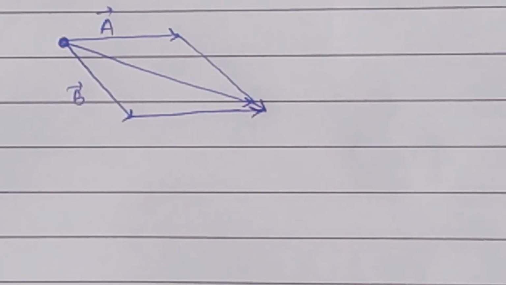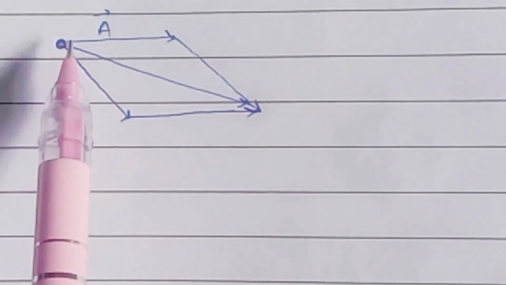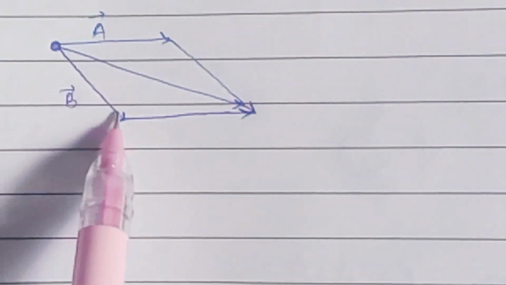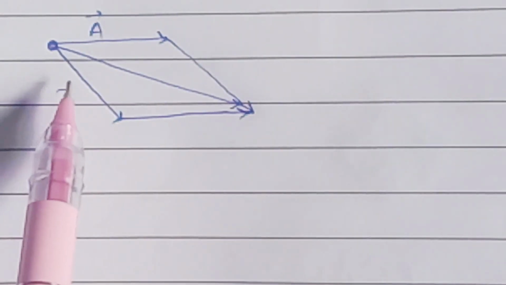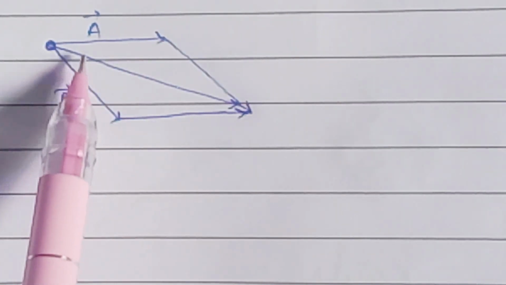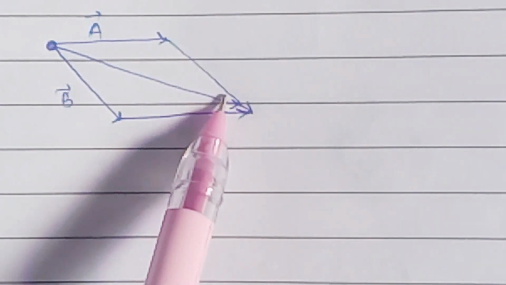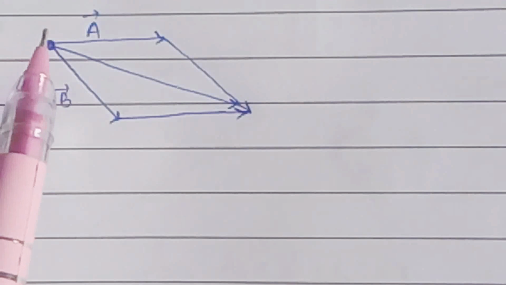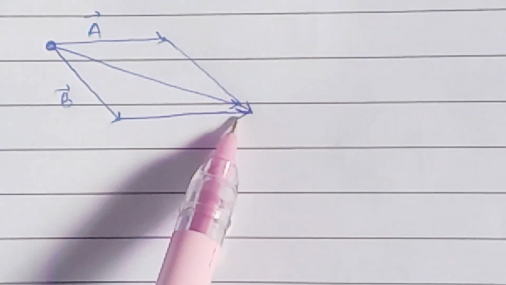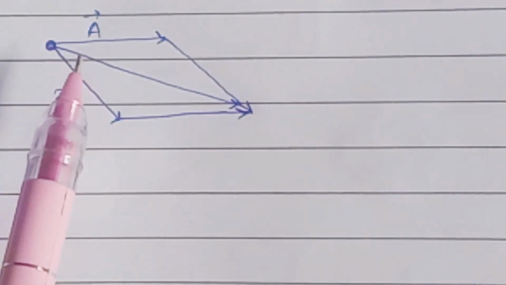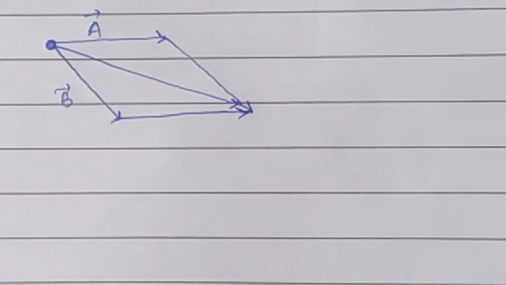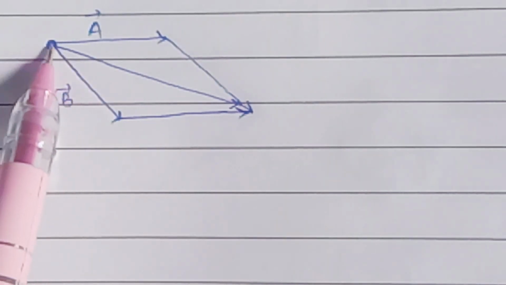Similarly, you can see for this question the origin is this. You have to add a vector and b vector, then you have to draw a vector which is parallel to a vector, and a vector which is parallel to b vector, and the resultant vector will be from the origin to the final position. It's the same, but you can see the direction can change with the vectors. That's what I want to show.